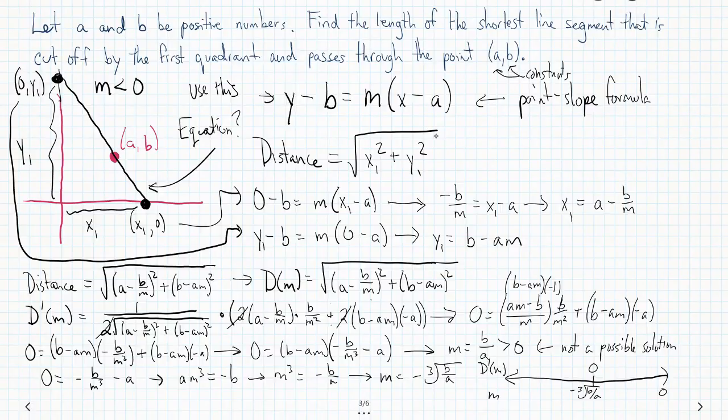And so how can we plug in other values to try and work it? Well, if you plugged in, say, m equals 1/2 times that negative cube root of b over a, you know that that would be closer to the 0 than anything else. And then if you did 2 times that negative cube root of b over a,